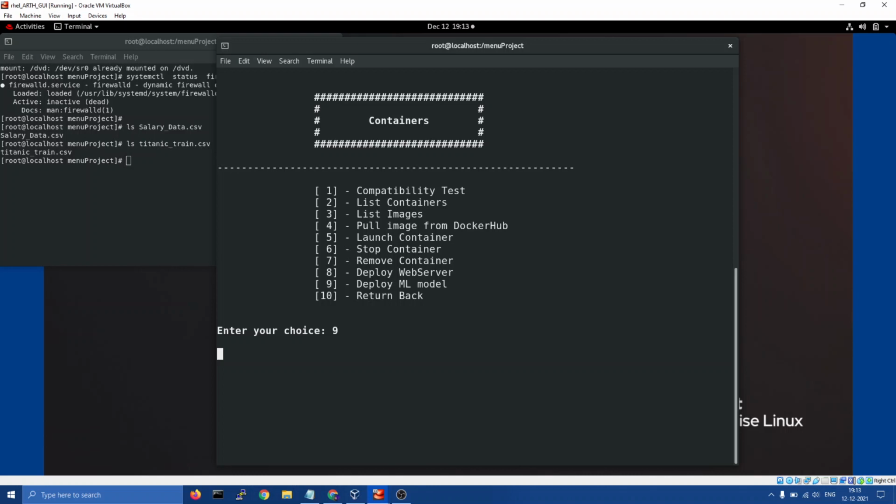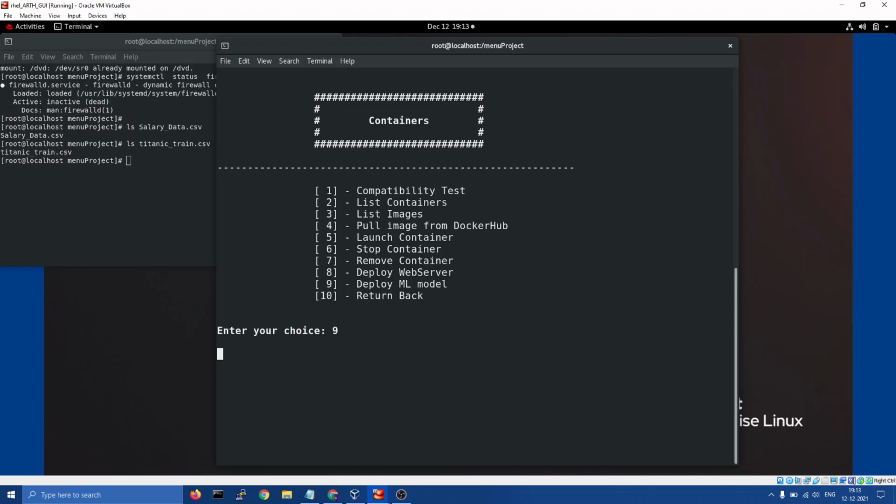This is the integration of lots of things like containers, data science, Linux, with a very sophisticated UI, and this is not done. I will do lots of things in this. I will add lots of options and lots of separate domains in this. Like this container part is right now based on Docker.